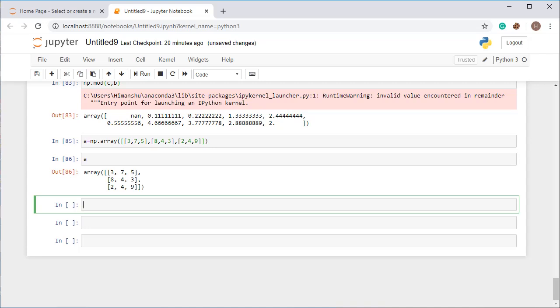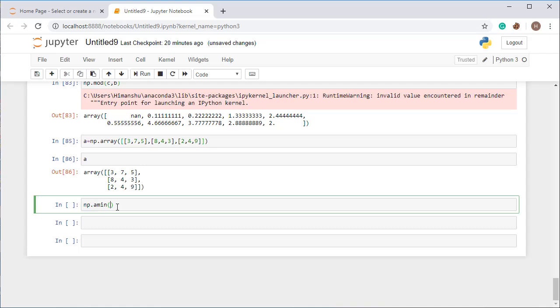So I am going to apply np.amin. It takes different attributes: one is the array name, then axis, then out, keepdims, and the last one is initial. We don't need these now. We will focus only on the array and axis.